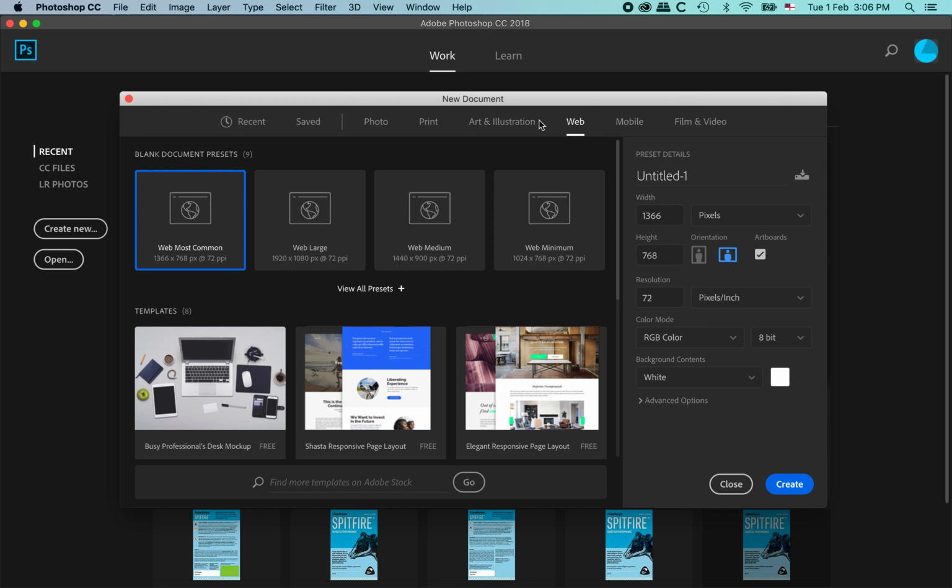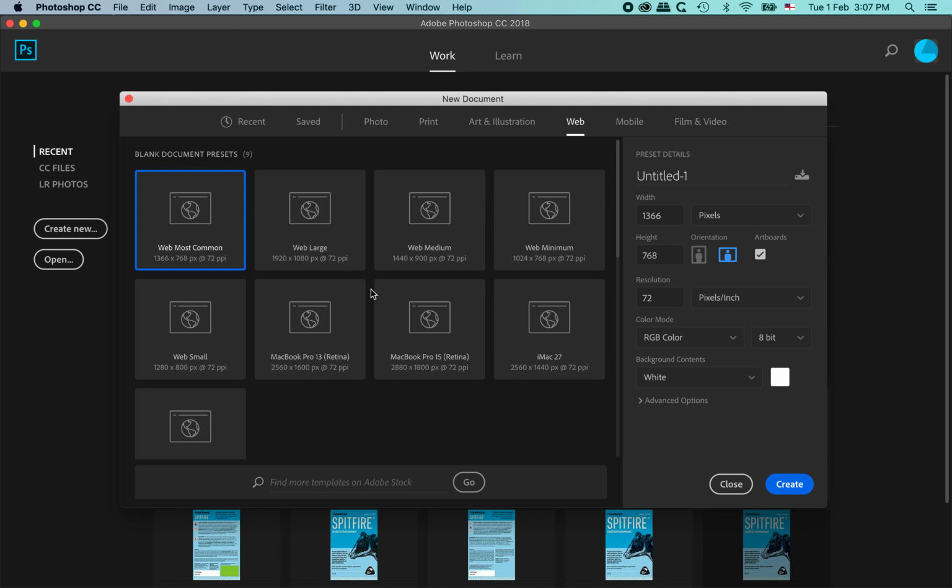I predominantly stick to either web for digital stuff and print for things that I know that I'm going to be printing out. Under web you've got some common sizes here, and you'll notice that it's preset our unit of measurement over here, to pixels. You can click on the View All Presets button and you can see there's a lot more sizes available for you. I'm just going to choose Web Large, and I'm going to turn artboards off for now,